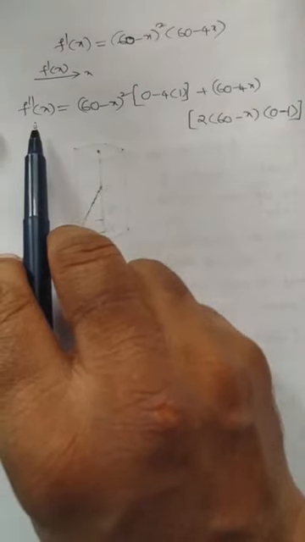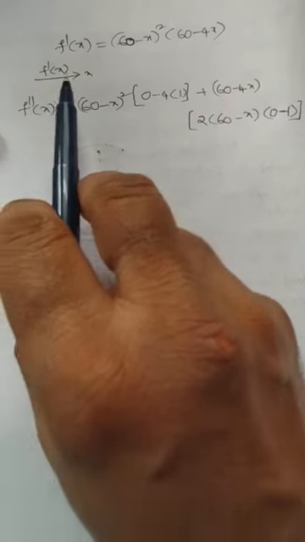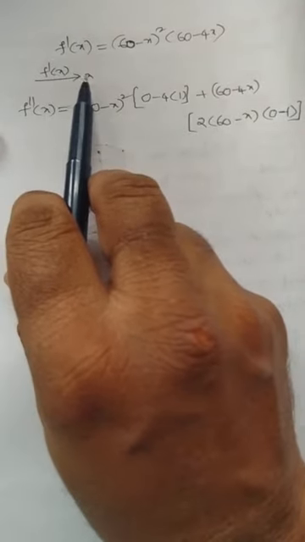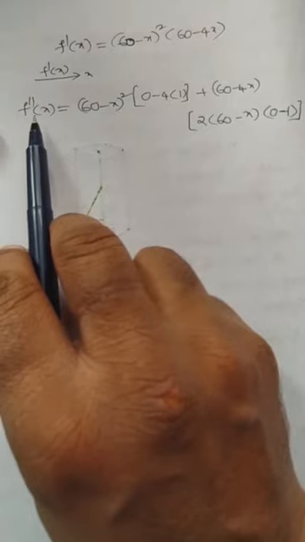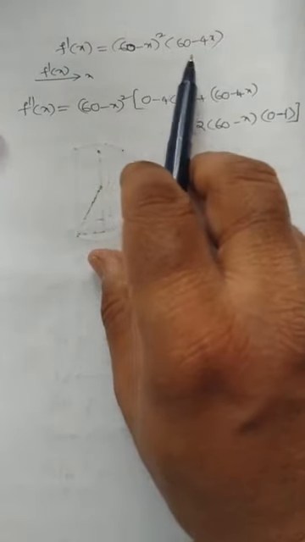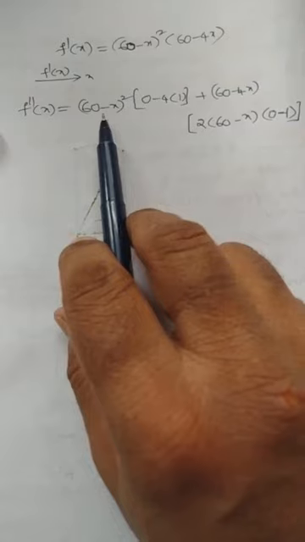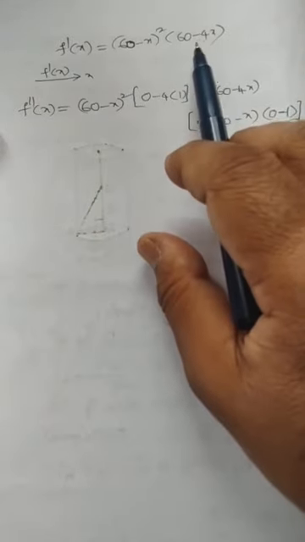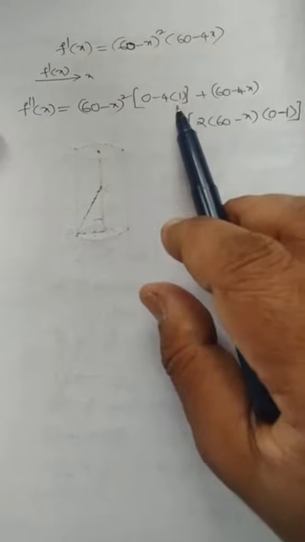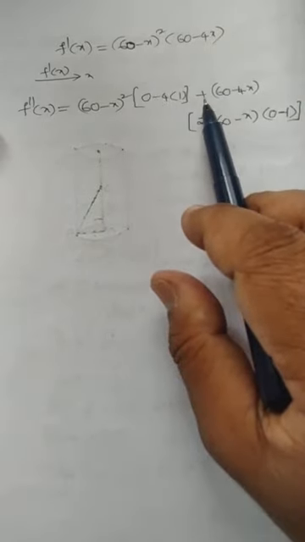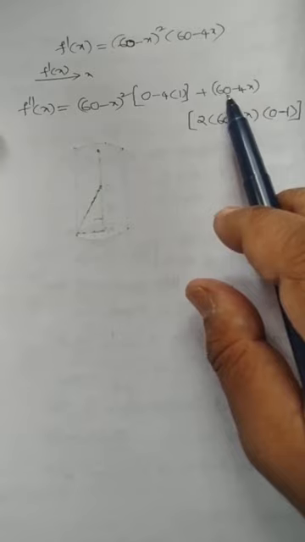Now we are solving for the second derivative of the function. So I am going to differentiate the first derivative with respect to x on both sides. So f double dash of x is in the form of u into v method. U remains the same first, v derivative: 60 derivative is 0, minus 4 into x derivative, which is 1, plus now this v remains the same, 60 minus 4x.